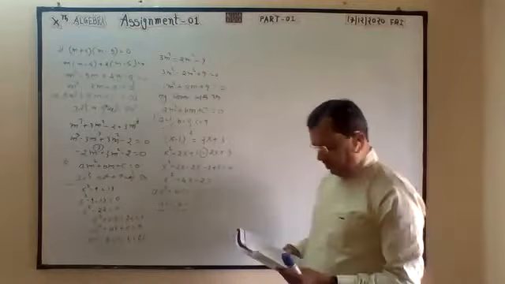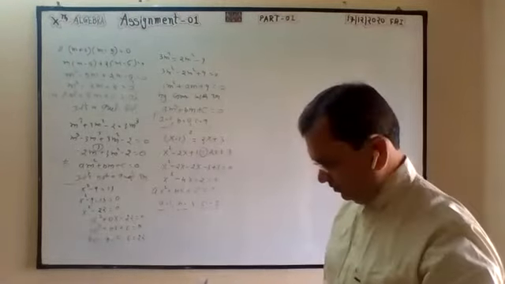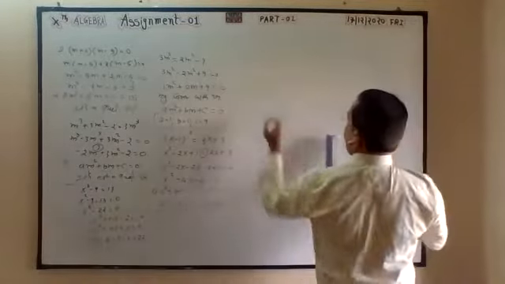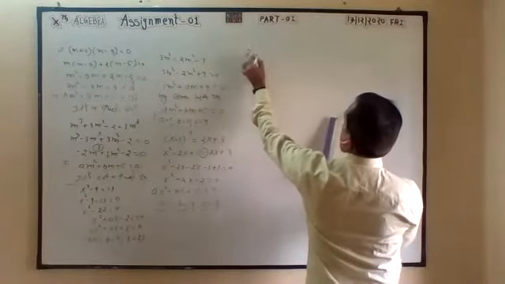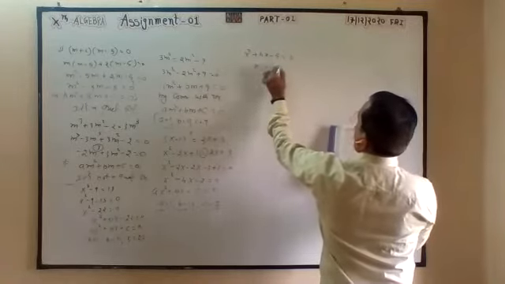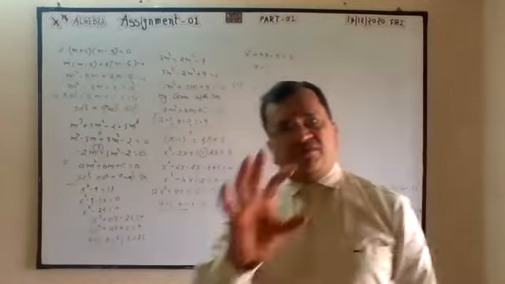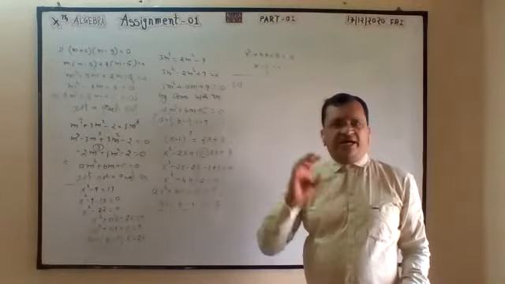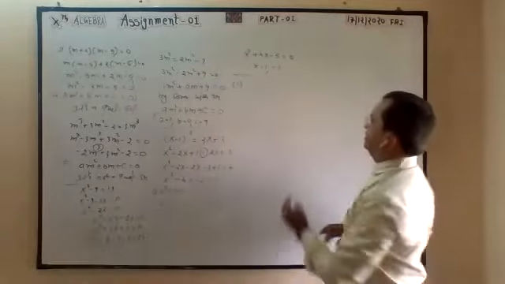Then in the first sum, we have to check that the given solutions are roots of the equation or not. Check x is equal to 1 and minus 1. In this type of question, be careful, very careful, that you must not directly take the left side and right side, correct? Only the left hand side.